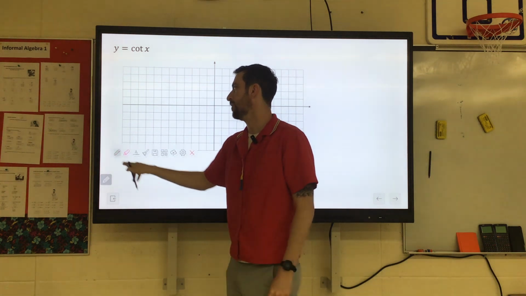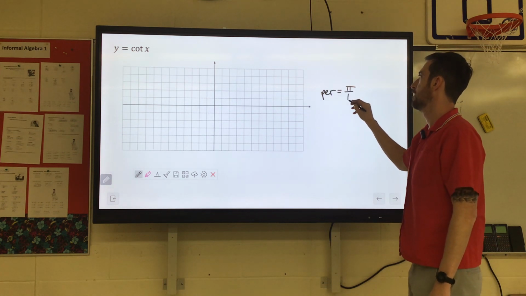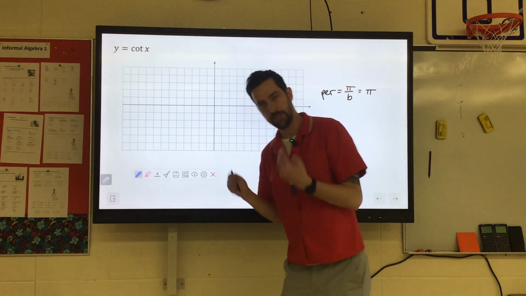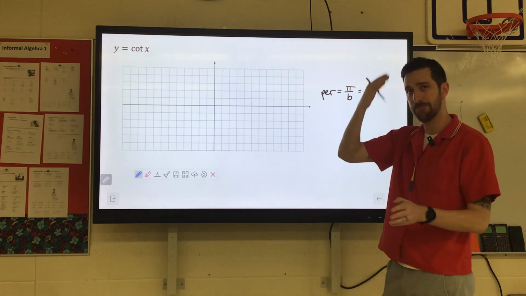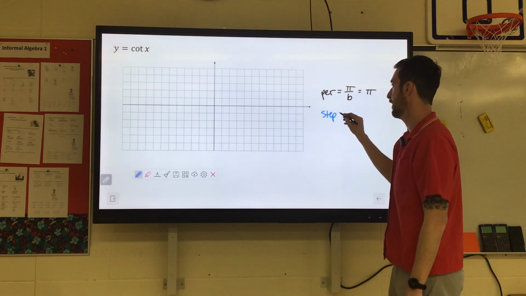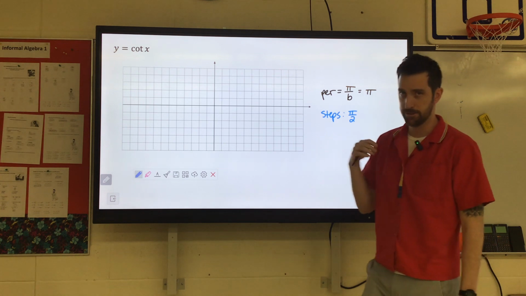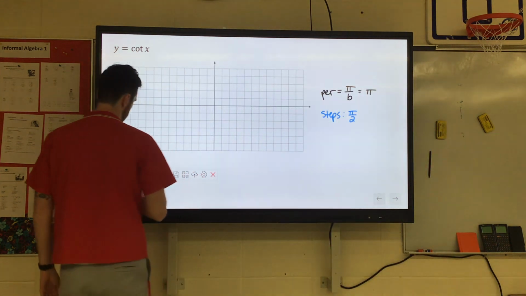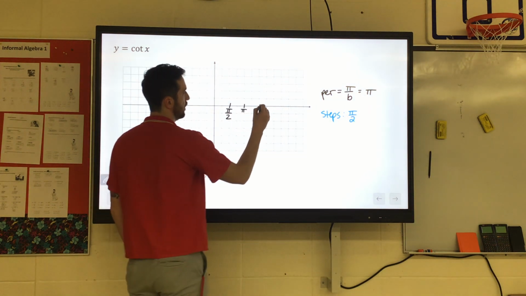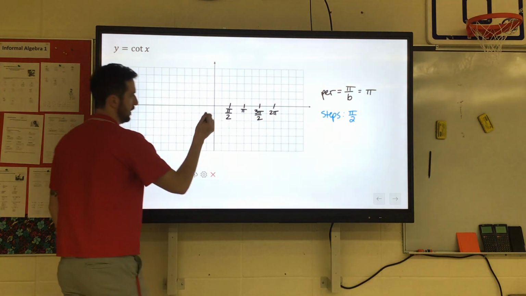First thing you're going to want to do is figure out the period, which is pi over b. In this case, b is 1, so our period would be pi. We're going to want to figure out our labels, and just like tangent, we're going to use half of a full period. So we take the period, pi, and divide it by 2, just as we did with tangent. So we're marking every half pi. Pi over 2, pi, 3 pi over 2, 2 pi. Just like a unit circle. And if we went backwards,